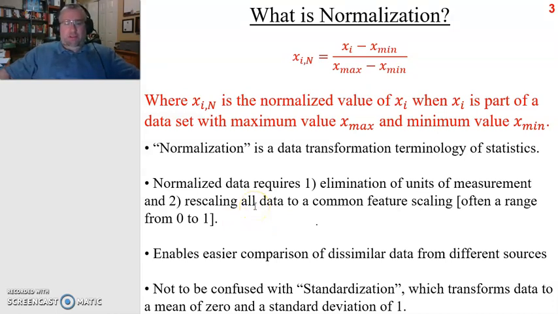Now, why would you want to do this for design? Well, if you think about how a down selection matrix is structured, it is essentially defined by the quantitative metrics which arose from the customer needs. And those quantitative metrics describe things that are very different. So probably in your design processes now, you have customer needs that are related to the size of your product, the weight of your product, the customer experience, the usability associated with your product, the cost of your product. All of those different metrics are